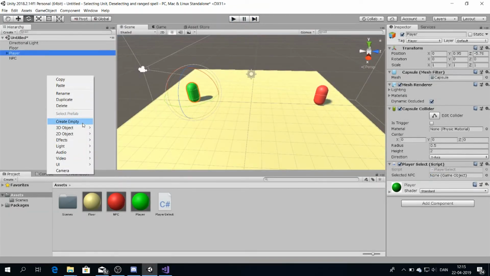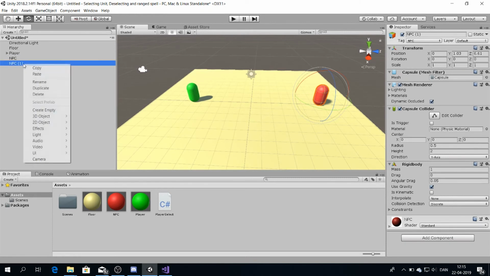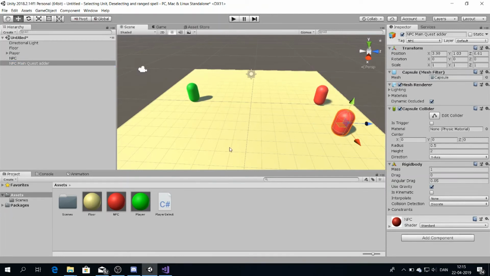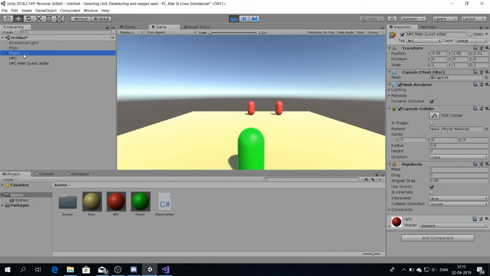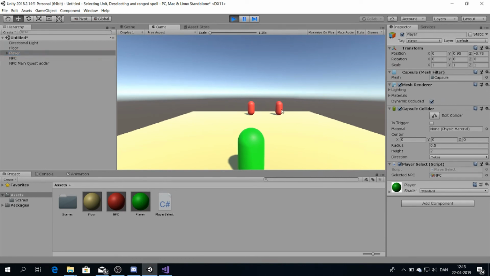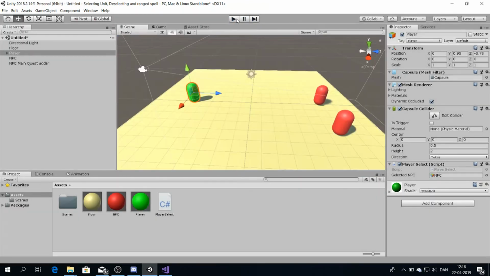So we can make a duplicate and rename it to NPC main quest adder. And if we take it a bit to the side, we can see that when we are clicking off one of them, it will change which one is selected. So we go into the game and test it out. Start clicking on the NPC and see it selected, and click on the other one, NPC main quest adder. So we can switch between the types, but when we're trying to click on the floor, we are not deselecting or we are not hitting the floor. So we can only integrate with the